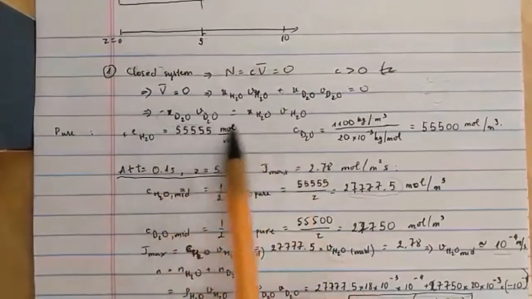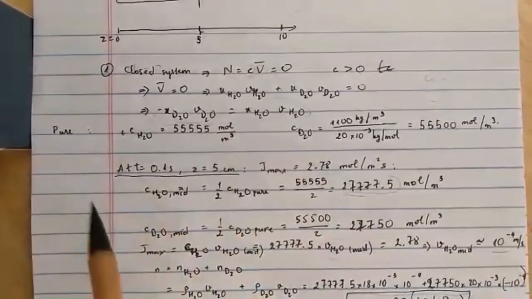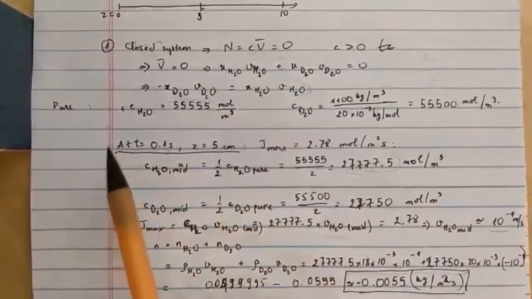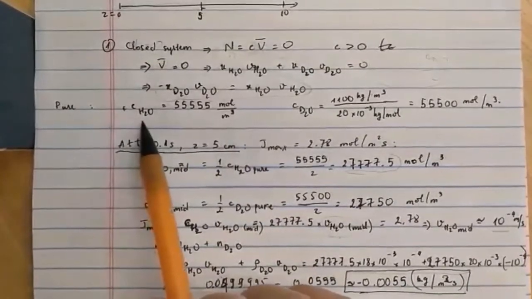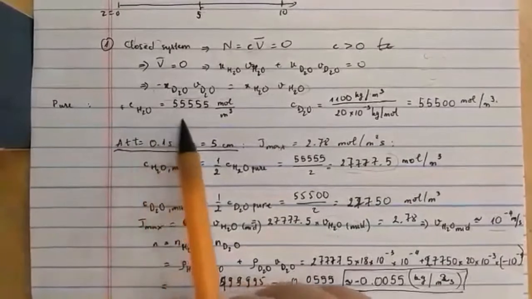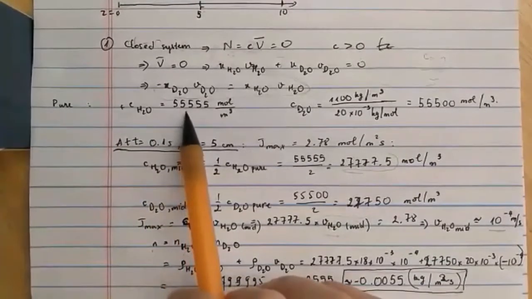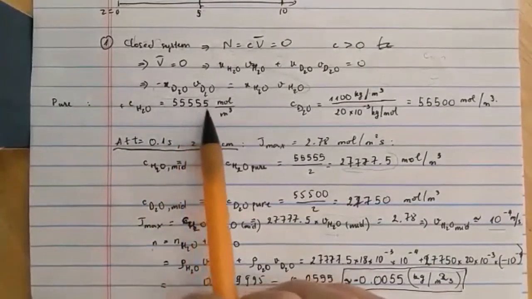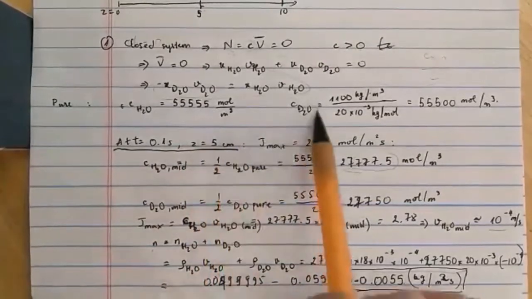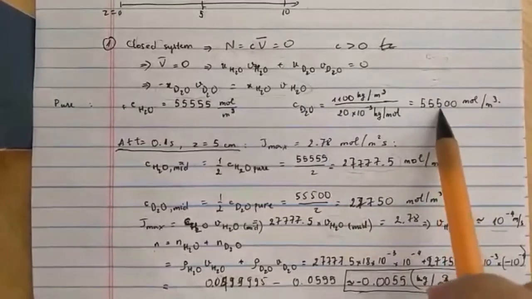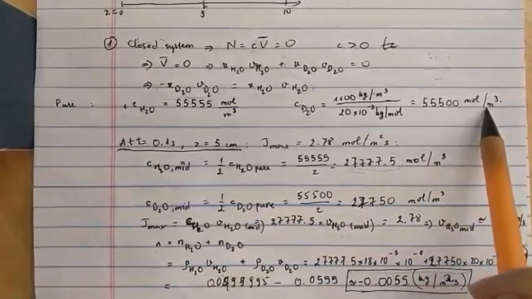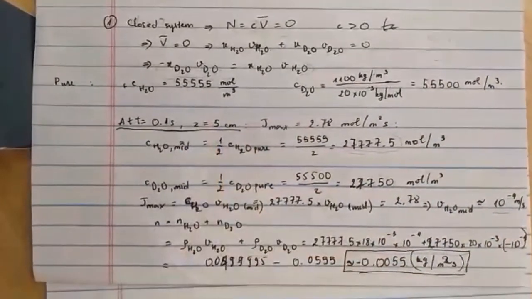I come up with this equation, and the concentration of pure water is 55,555 moles per meter cubed, and D2O is 55,500 moles per meter cubed, and